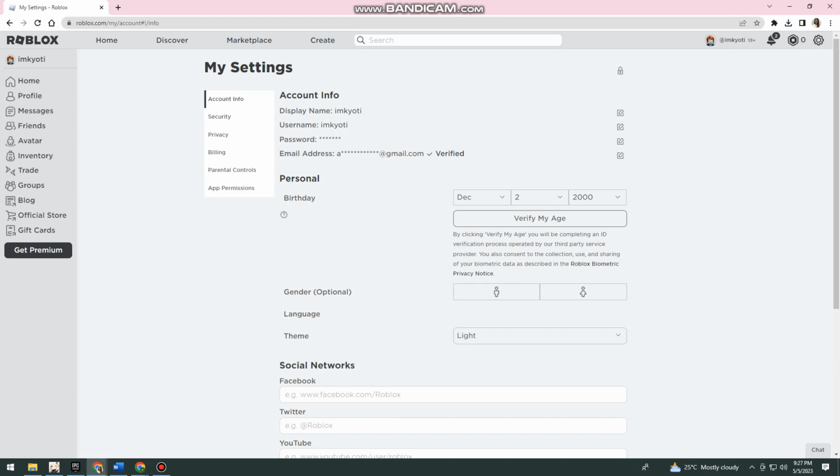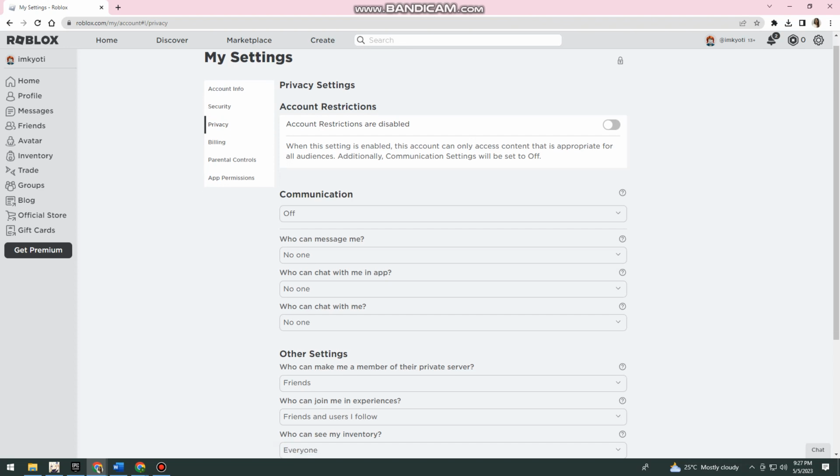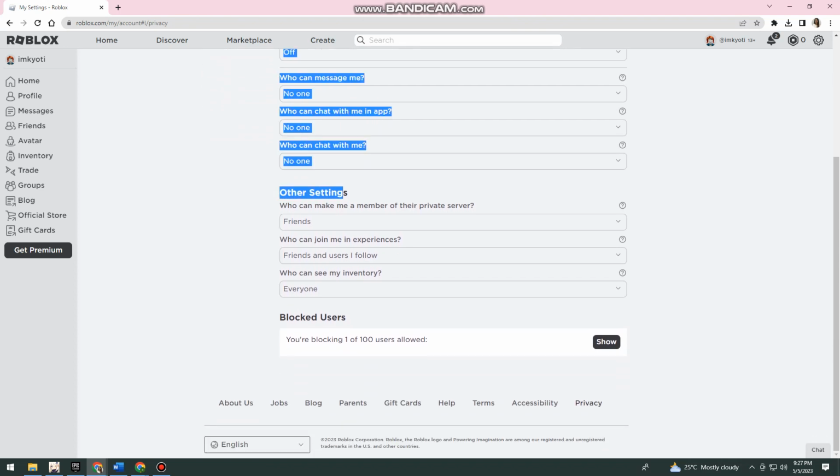Just wait. Once you've clicked on settings, click on privacy. You need to make sure that the account restrictions is disabled. Once your account restrictions is disabled, scroll down to the other settings,